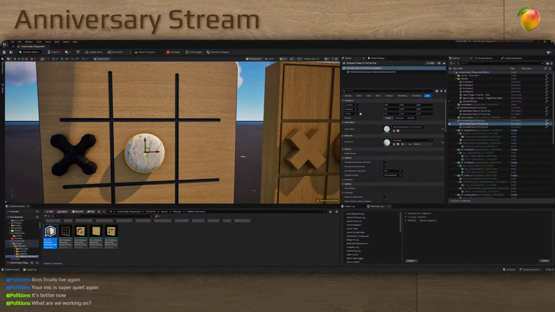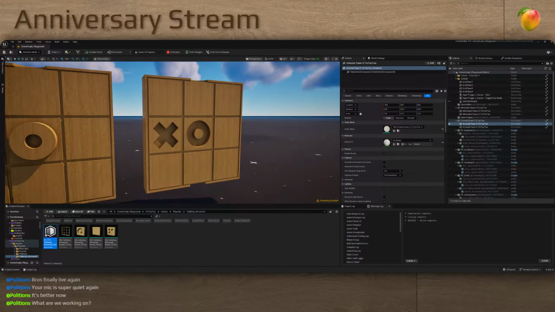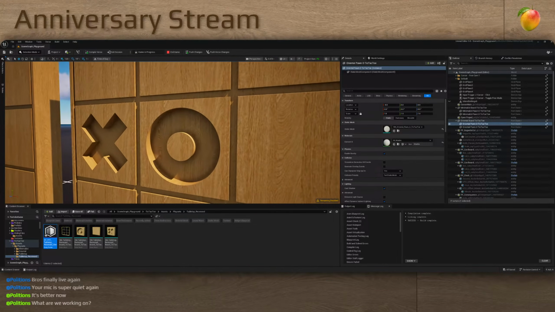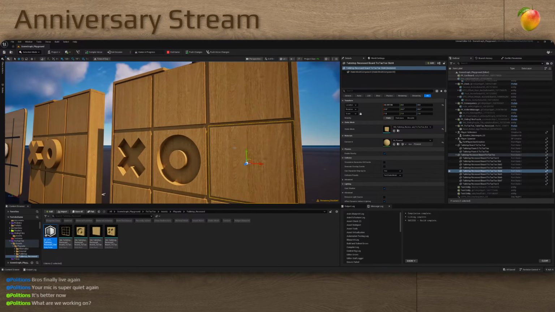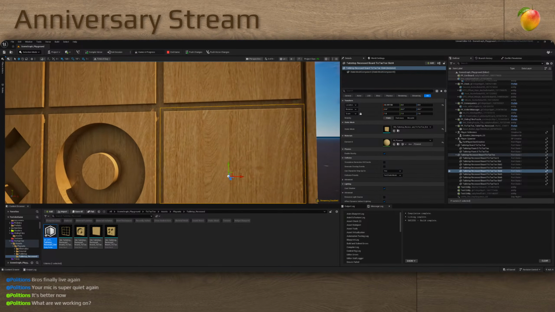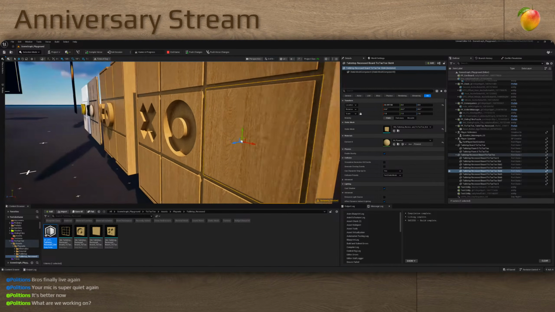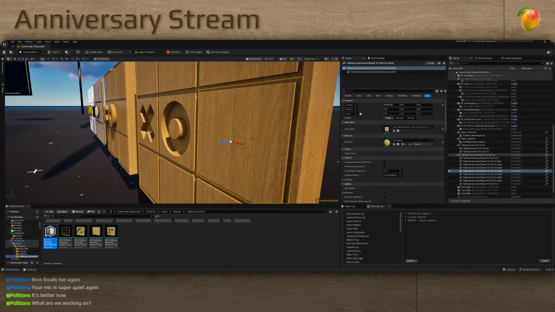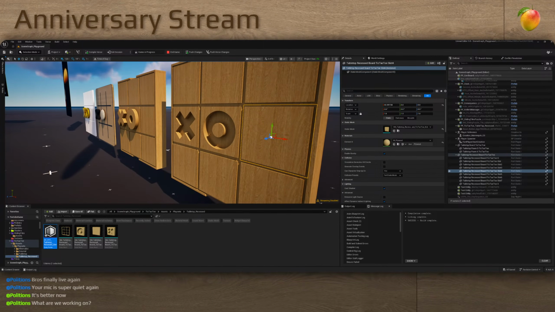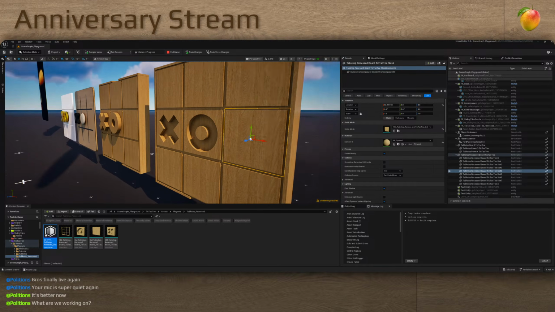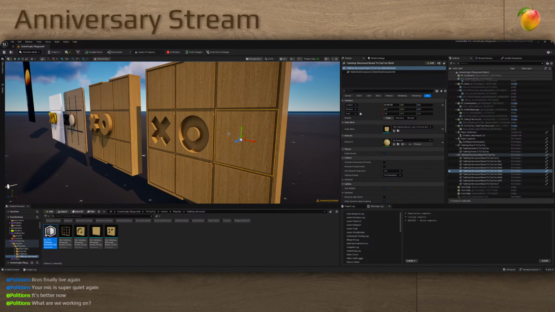And these ones don't have collision, so you can't click on them. But for this type of board, I need, now I'm thinking about it. So the way I have this set up is that I have